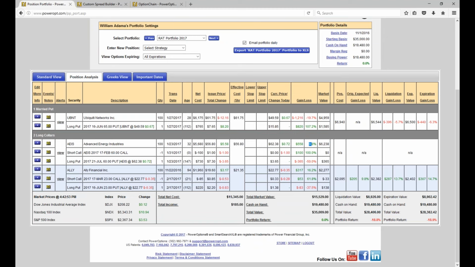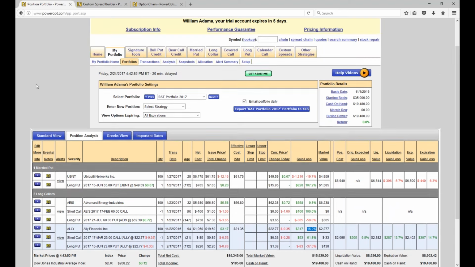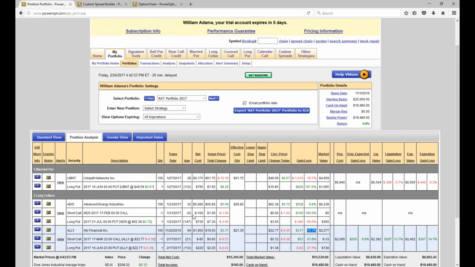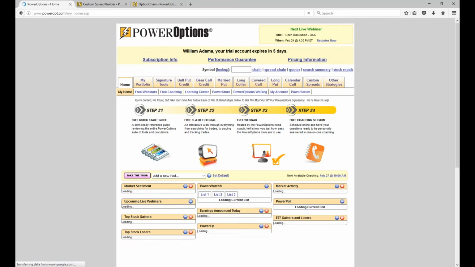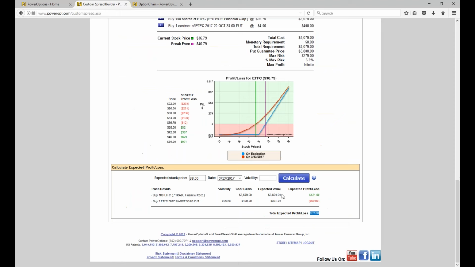And then the other positions, of course, 10% up on Advanced, Allies up 16.2%, and eBay I'm in right now, and that is up about 15% from my cost basis as well. But I damaged 2 of these trades because I sold a call. I have to buy it back sooner and pay more money to get into the position. Okay, so Michael, I hope that answers your question about how the married put makes money.